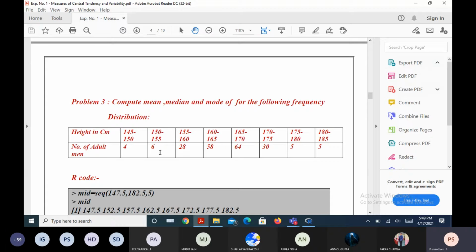So this number is right now, maybe you can take something like a group of 100 people, you collected the data, or maybe 150 people. Right? Yes, sir. Let me see how many people's data is available. Have you noted down this height in centimeter and number of adults in men? Yes, sir. So what I am supposed to do is,